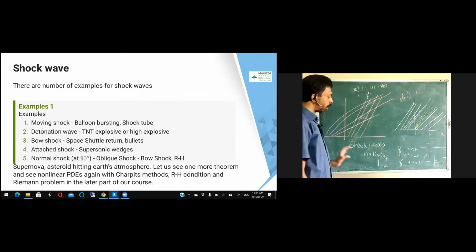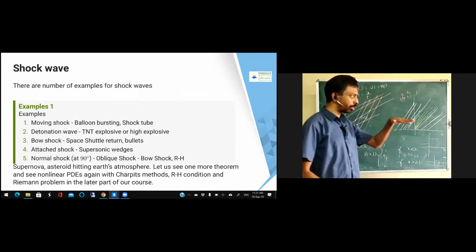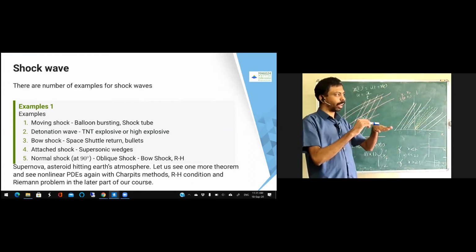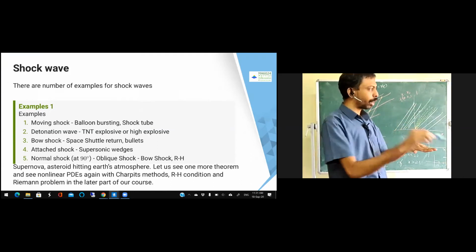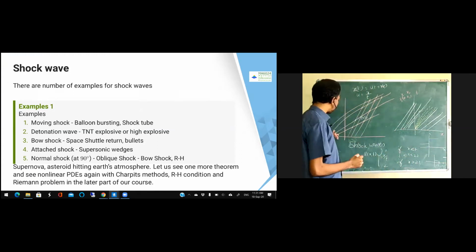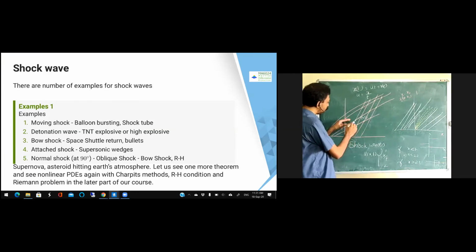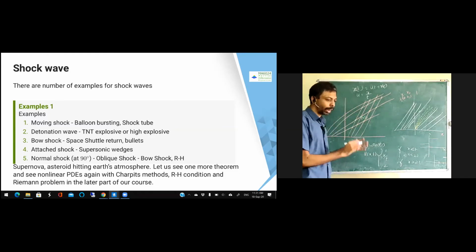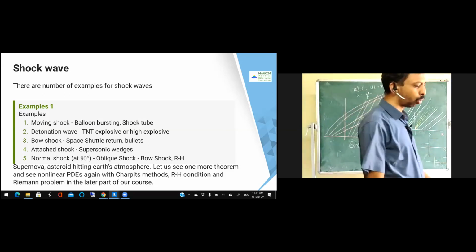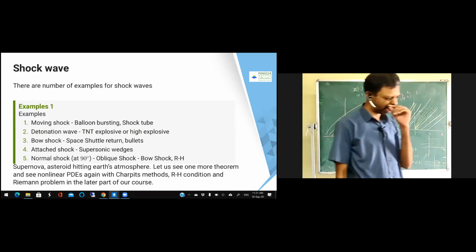Okay, if I just briefly say what it is doing: you have a flight which is going at a speed faster than the wind. Okay, that means what is going to happen? Your flight is going much faster, whereas the wind is going much slower. Therefore, a shock wave is going to form. So you have to protect your space shuttle or the flight in such a way that it is protected. Otherwise, this is going to produce a kind of disaster. Okay, this is the summary of the shock wave.